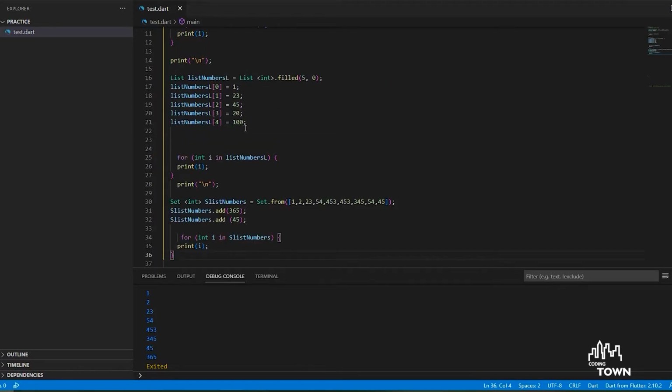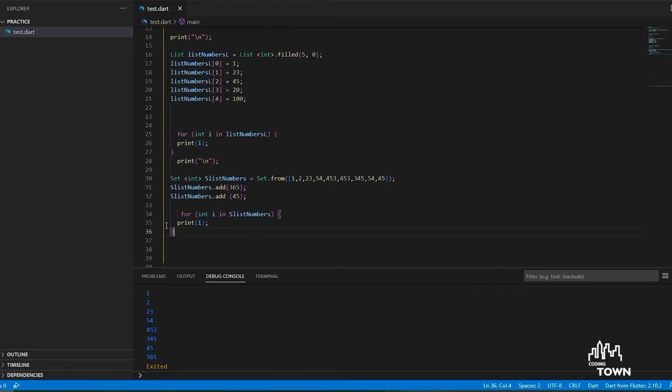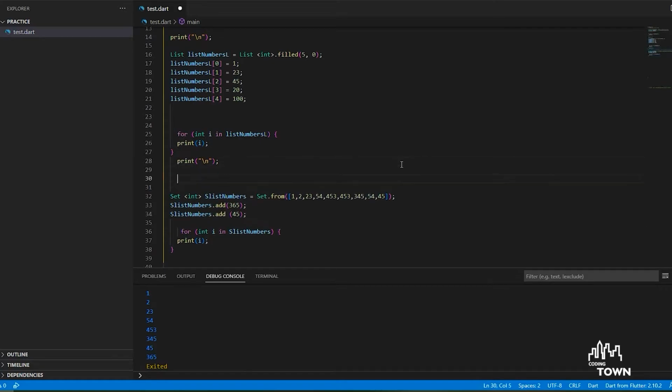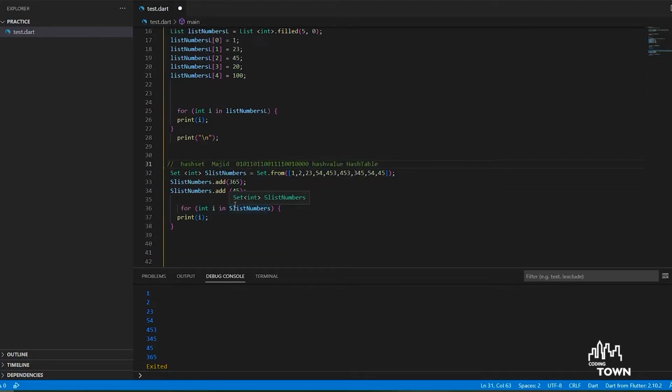So over here, everything is based on the index that we have right now. But in the set, we don't have index values. We have something called a hashset. How does the hashset work? If you have learned about programming, you know that every code is a bunch of zeros and ones. Whenever we are writing some code, whenever this code is getting saved onto the memory, that code will use a hashset in order to convert the value that you have provided. So I have provided my name over here. That value will be converted to a native binary code. So that code will be saved onto the hash value, and that hash value will be accessible through a hash